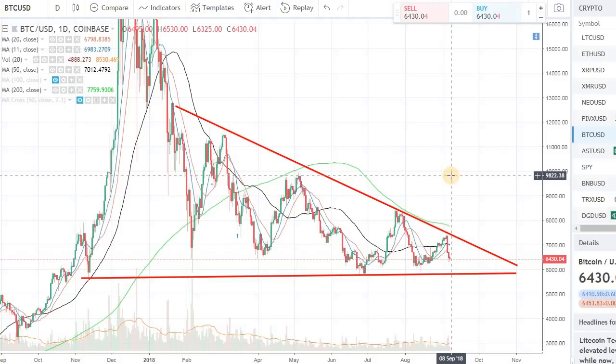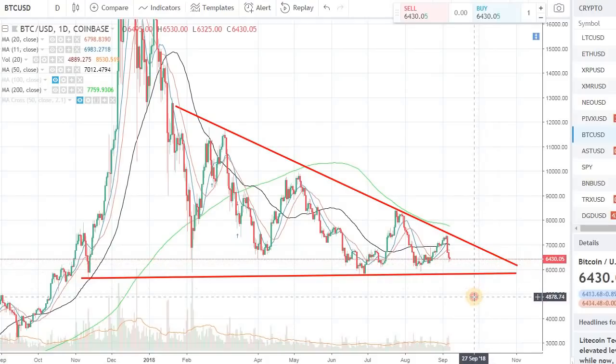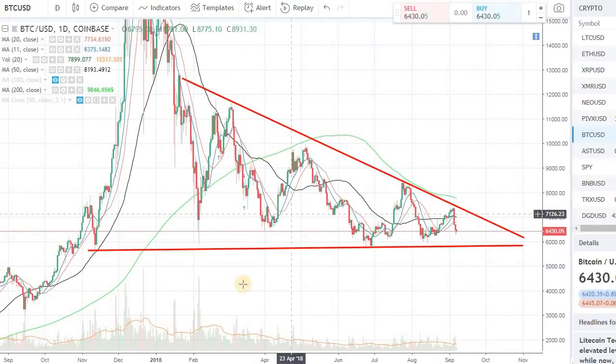So today is September 7th. It's about 11:50 a.m. Eastern here in the US. I want to talk to you about Bitcoin. I did a lot of cleanup. I want to talk about the bigger picture